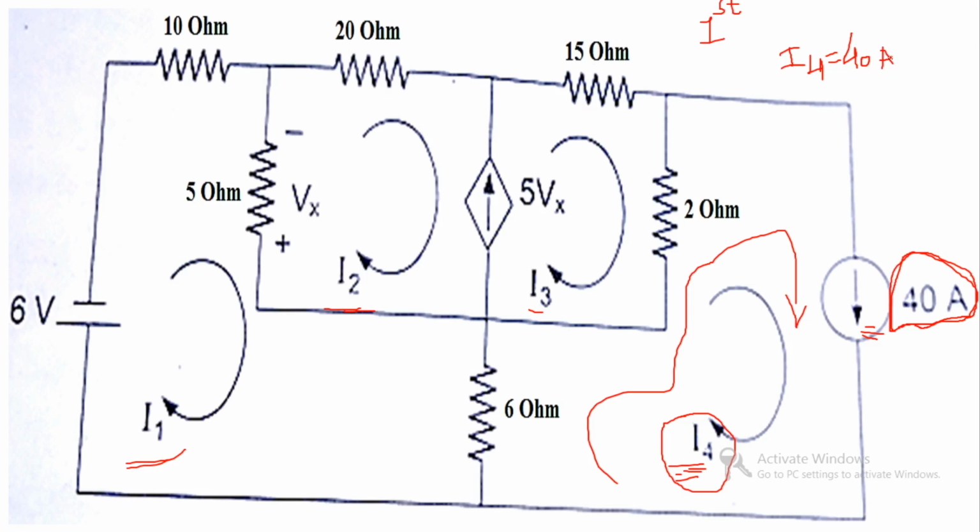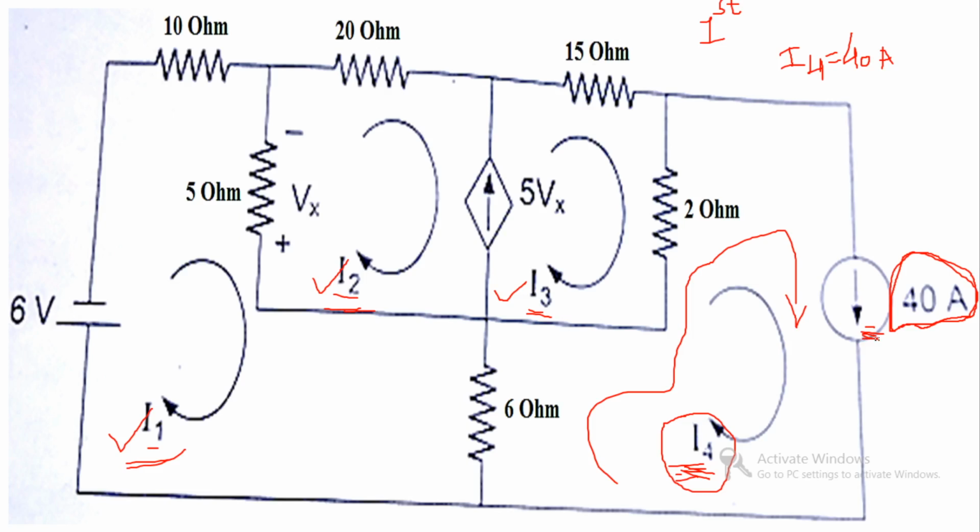So now we have only three quantities, I1, I2 and I3. We have to find the value of I1, I2 and I3. Now we have to apply Kirchhoff's voltage law, because these three currents cannot be calculated without any calculation. You can find the current directly only if there is a current source.